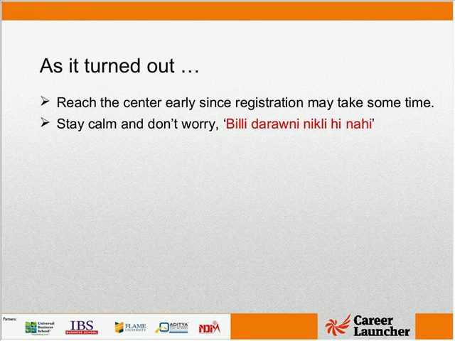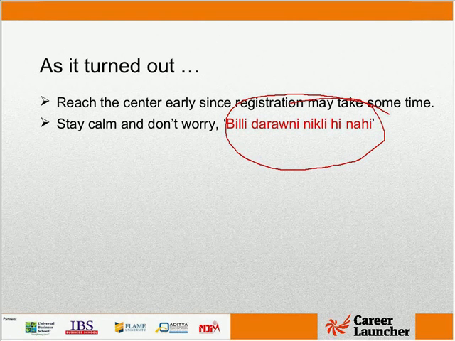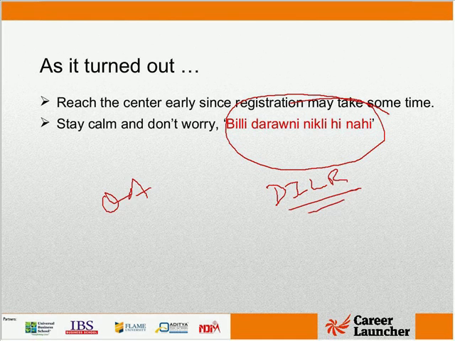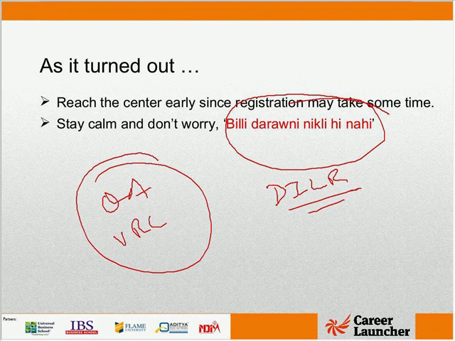The reality is it was not as difficult as many of us expected it to be. The paper was very similar in terms of structure to the mock CAT paper which was given on the website, and in terms of degree of difficulty, almost similar to last year, except DILR. When it comes to Quant or verbal RC, I'm sure none of you would be disappointed with this. DILR is the section which I think troubled most of you, and would possibly be the difference between people who get a call or don't get a call.